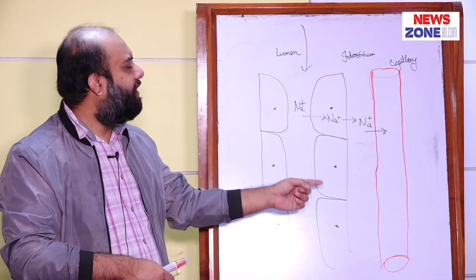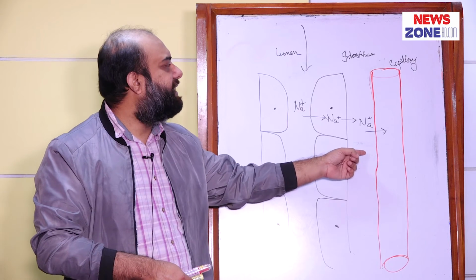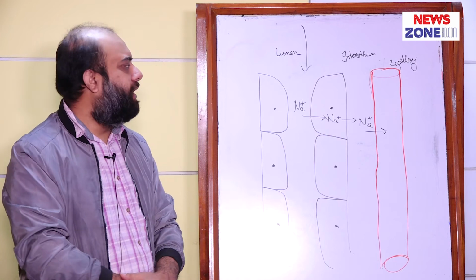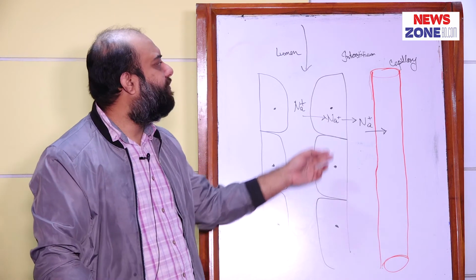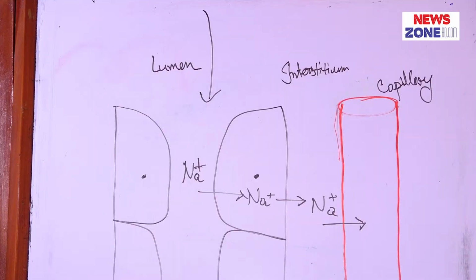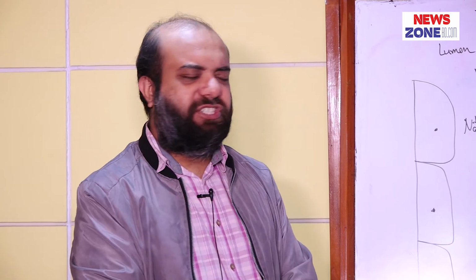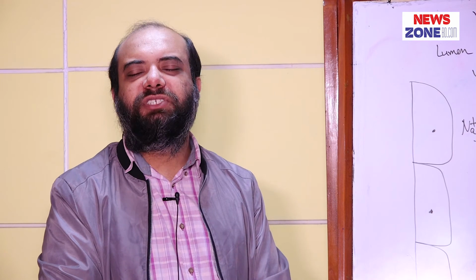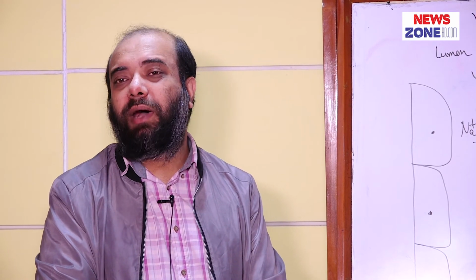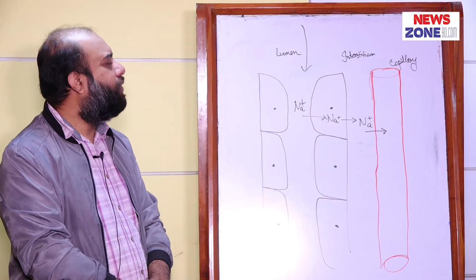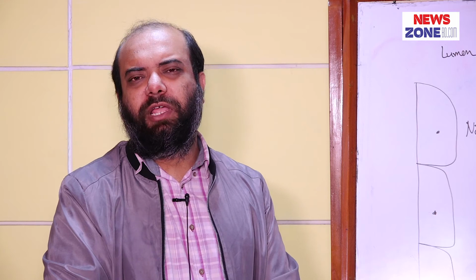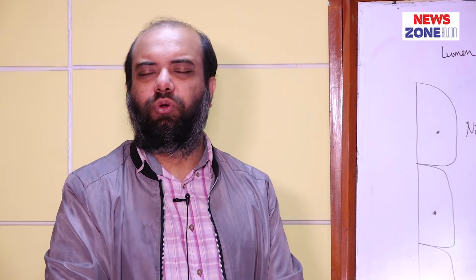And in the same manner, from the tubular epithelial cell into the interstitium, it will go by the process of sodium potassium ATPase pump through the basolateral surface, and from the interstitium into the capillary, the transport mechanism is named ultrafiltration. Now the third segment of the renal tubules, that is the distal convoluted tubule. About 7% of total tubular load of sodium ion is reabsorbed from here. Now we have to know in which mechanism sodium ion is reabsorbed. The mechanism involved here is named sodium chloride co-transport.